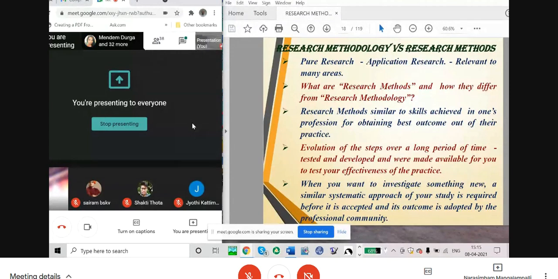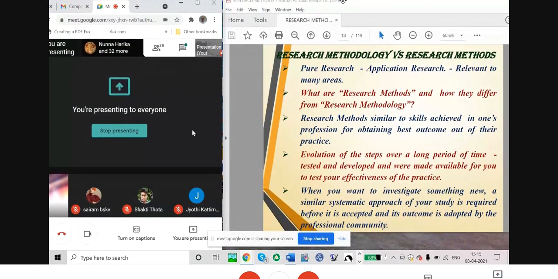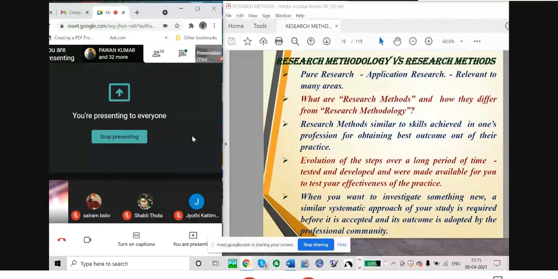Research methods are similar to skills achieved in one's profession for obtaining the best outcome out of their practice. So, if you want to conduct an experiment, you will take all precautions and follow the manual, and proceed as per the steps given in the manual. But there are certain precautions to be taken. For example, if you want to note a water level,